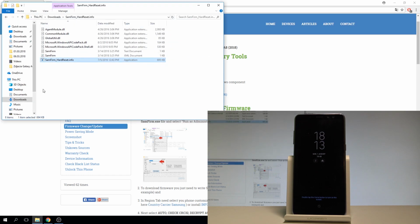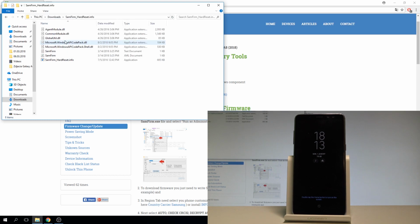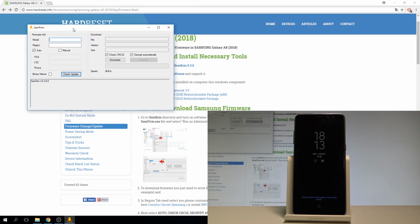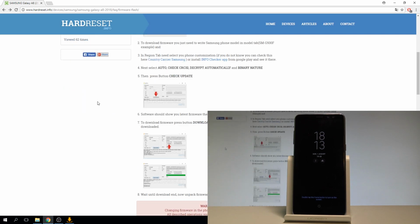So as you can see, I've got everything unpacked here. Now let's open the SamFirm firmware right here, and here you need to enter these empty brackets. Let's enter the model number. So in my case it is SM-A530F. You need to enter your region code, so you can check out your region code by using our tab,